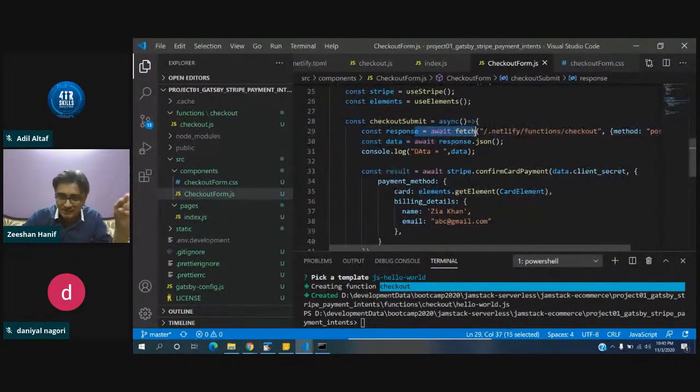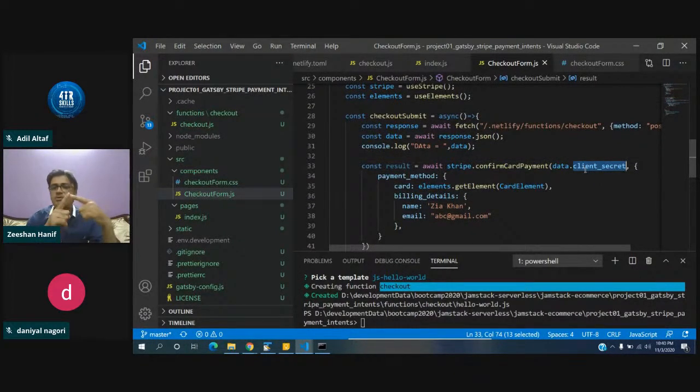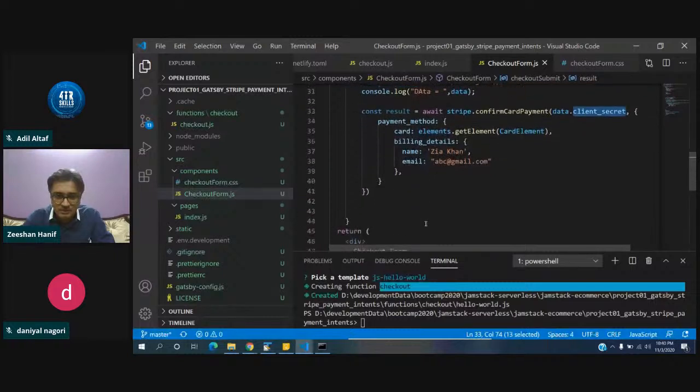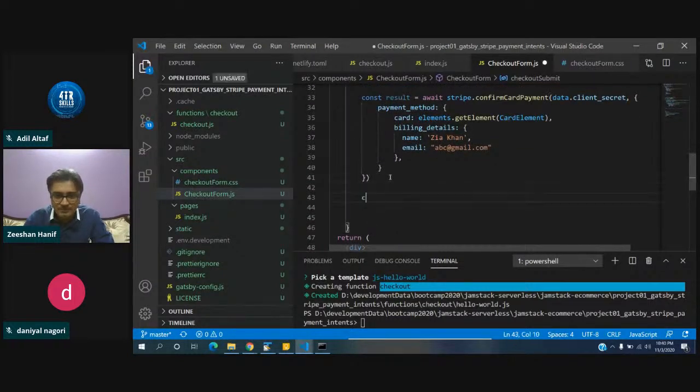First you need to call the server. The server creates an intent and gives you the secret. Then you call the card confirmation to confirm the payment; it will accept the secret. So it will be connected. Stripe will know which intent or which order is being processed, and for which payment the card information has been received. So once we are done, we will have the